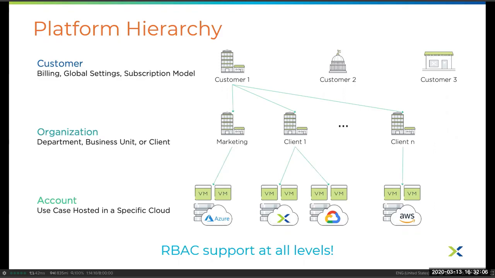And then lastly, at the very bottom are the accounts themselves. So a Frame account is basically a production pool. You can think of it that way. Each workload VM within your overall environment will belong to a specific Frame account. A Frame account is also tied to either a specific AHV cluster, or to a specific public